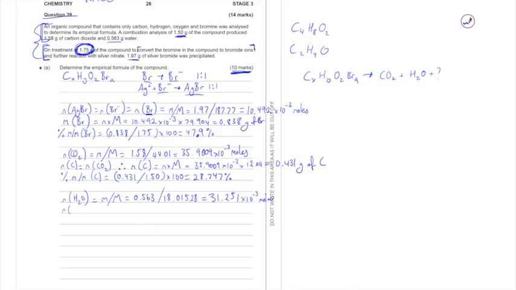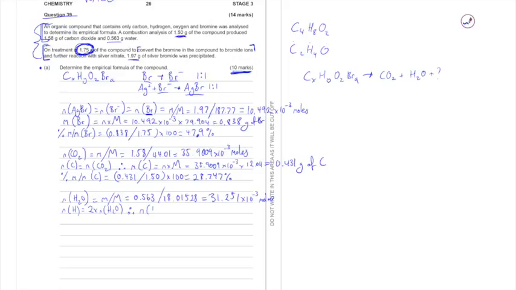Moles of H equals 2 times the moles of H2O. And the reason for that is there's two atoms of hydrogen within every water. And that means there's going to be twice as many moles of hydrogen as there is water. So therefore, this is equal to